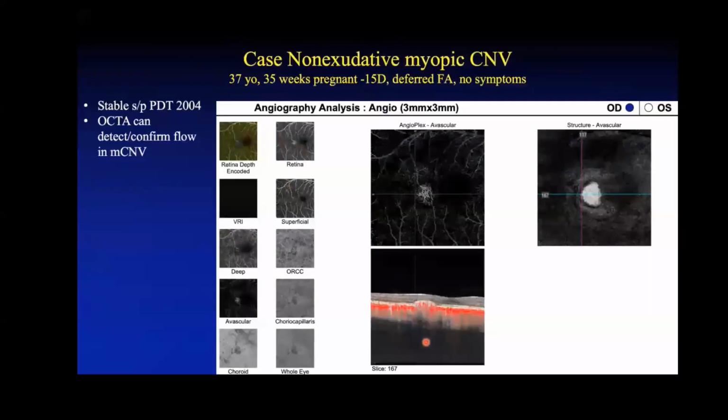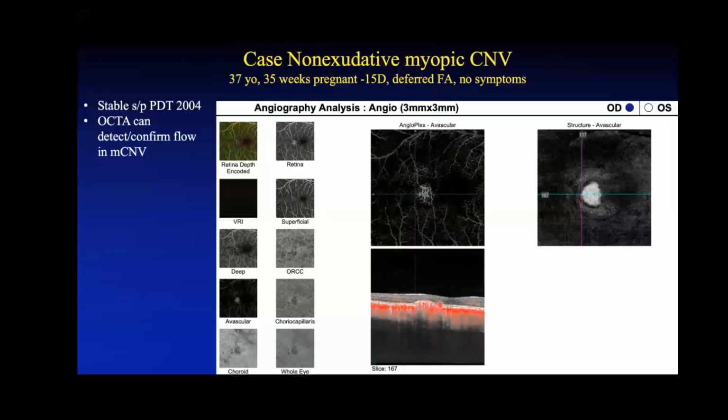So here's the OCT angiogram in this lady, and we can see that this area of elevation corresponds to choroidal neovascularization, seen here. And this is a segmentation in the avascular layer, and one might say, why are there blood vessels there? Well, this is an artifact called projection artifact, where we're able to see blood vessels from a more superficial layer projecting onto a deeper layer. But we're still able to identify the pathology, and the structural OCT below with flow overlay confirms that there's flow